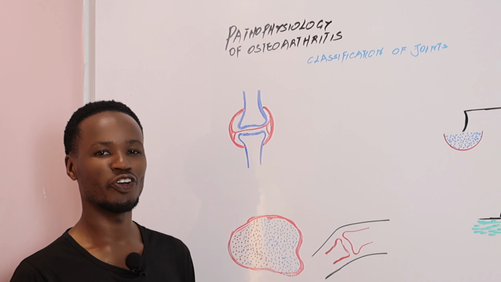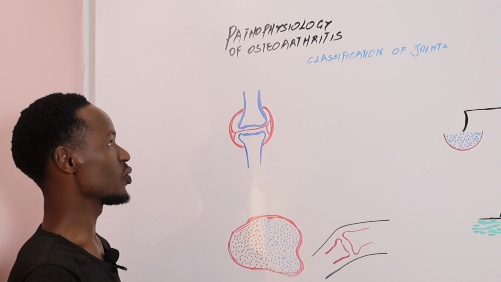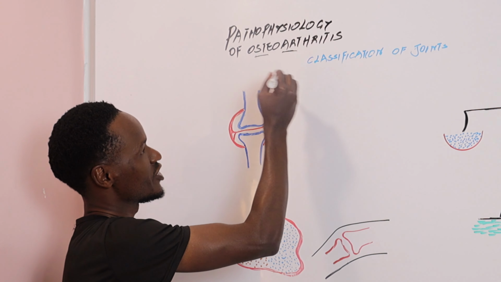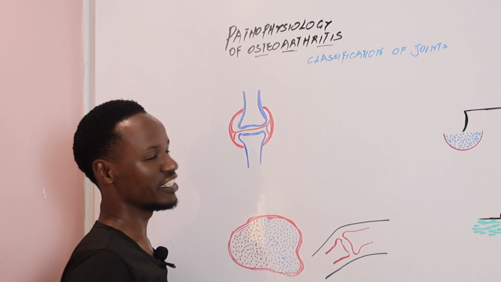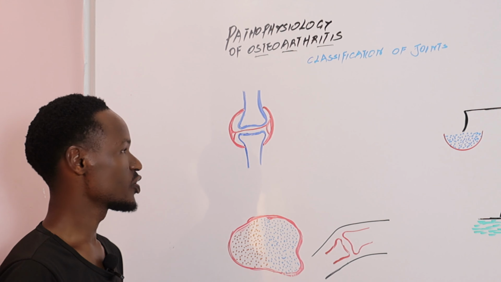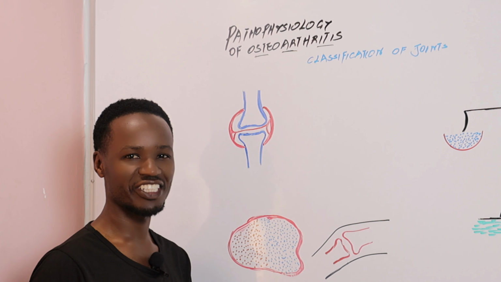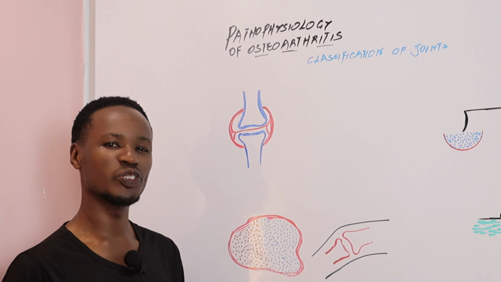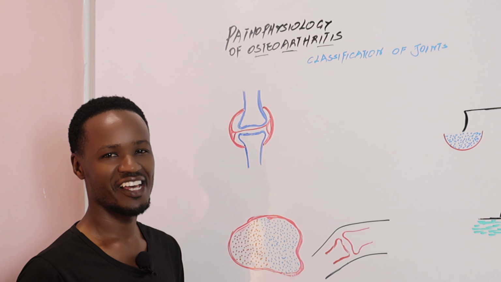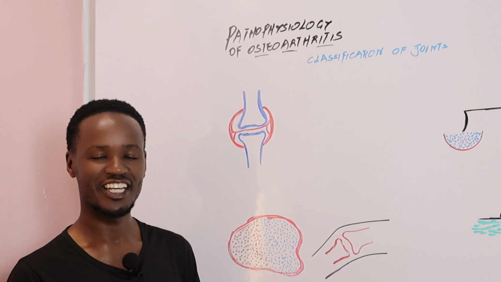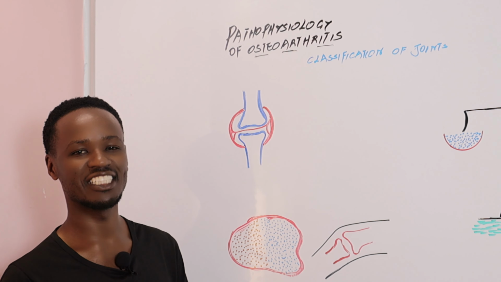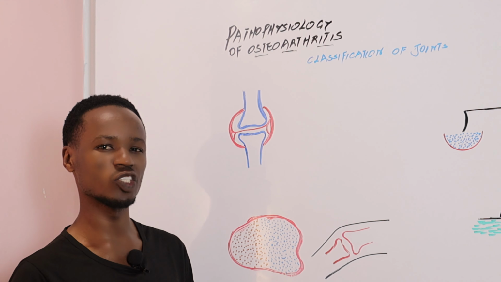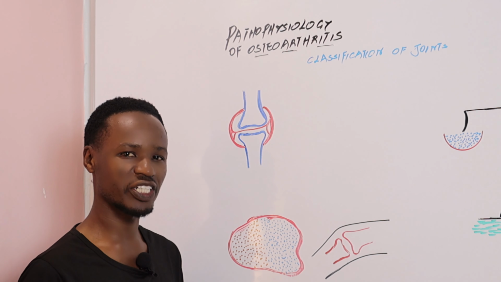In pathophysiology of osteoarthritis, we say that osteo means the bone, arthron means the joint, and itis is the inflammation part of that joint. So in definition, osteoarthritis is a progressive loss of articular cartilage due to wear and tear. Or in other words, this is a degenerative condition as a result of wear and tear of the articular cartilage. And so it means that we are not talking about all types of joints whenever we are talking about